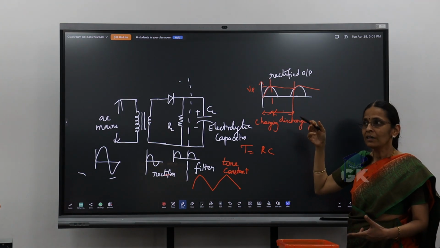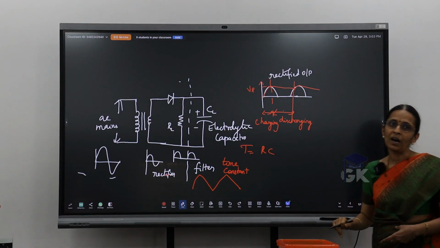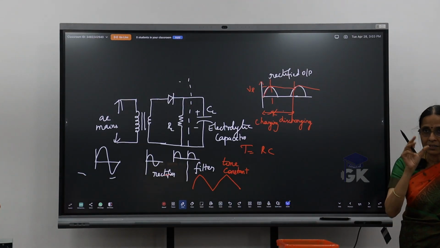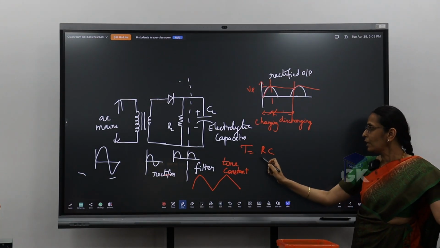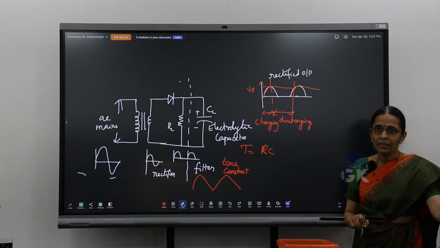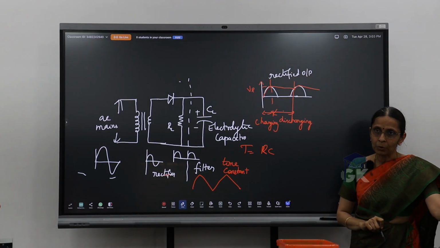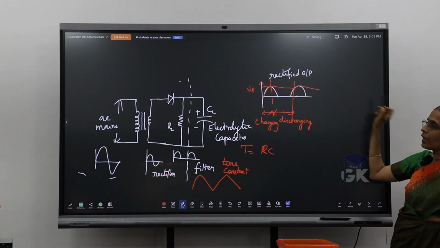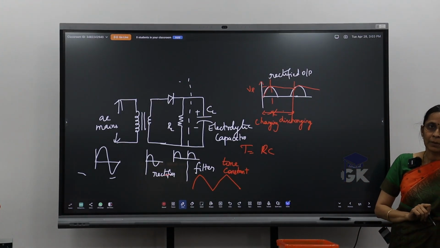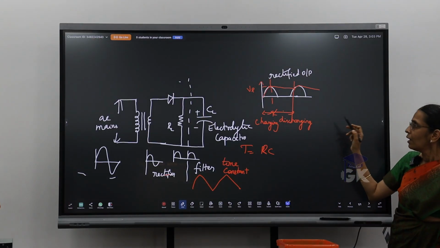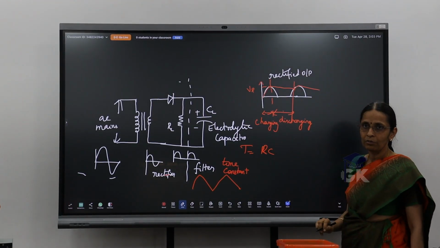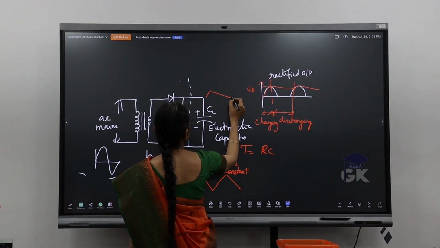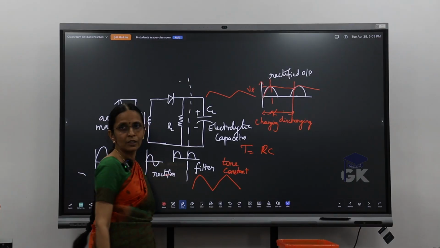So how is that maintained? That's maintained because of the selection of my R and C values. It's because of the selection of my RC component, because time constant T is equal to R multiplied by C. That is called my time constant. So if this is maintained properly, then I can have a long time for my discharging to happen. So this cycle will repeat and my output waveform of this filter will be like this. It charges, discharges. So I'll be getting it in this fashion.